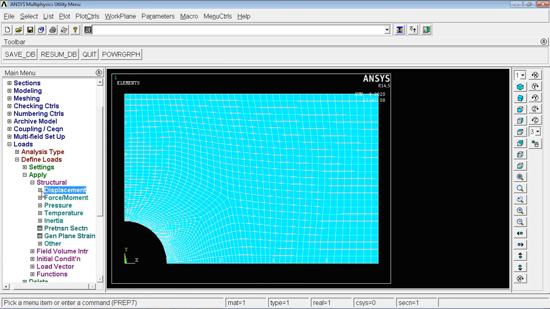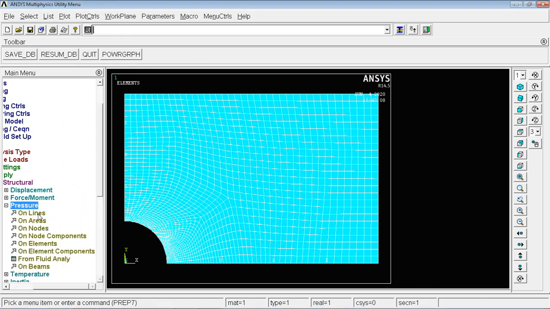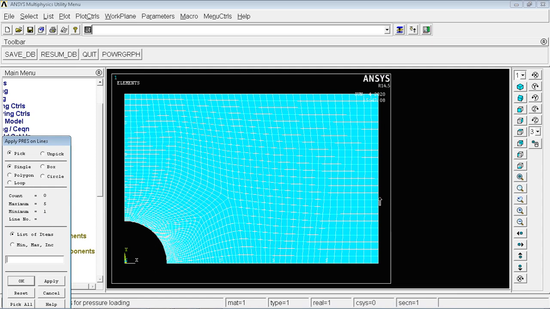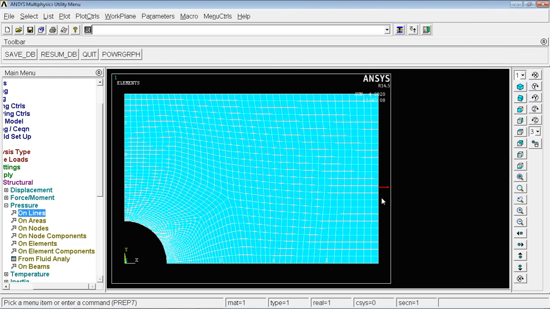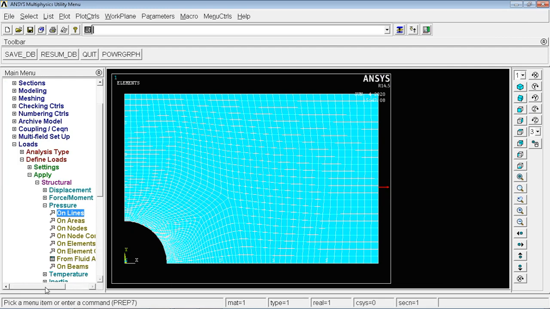Next, after displacement, I'll go for pressure on lines. I'll select the right side line. The pressure value is 50 that we have calculated, therefore I'll give minus 50. Next I'll click on OK. This is the value of pressure we have applied. They have given force, we need to find out the value of pressure. So I've applied all the load data.